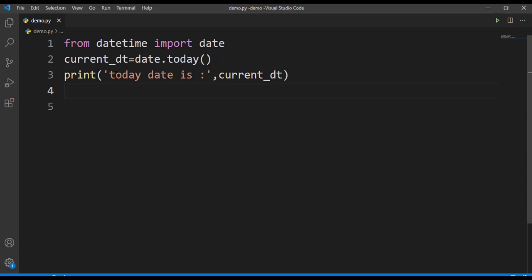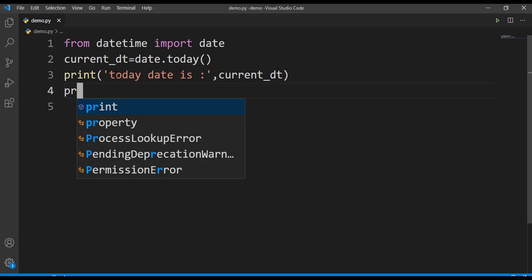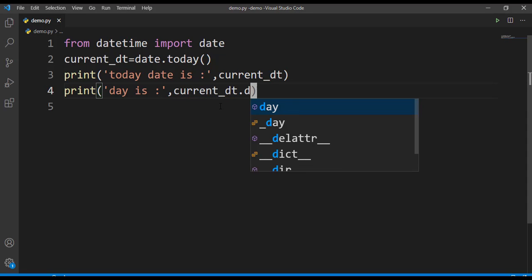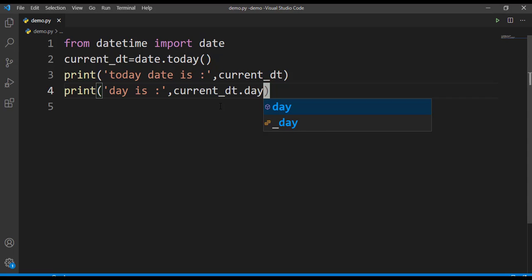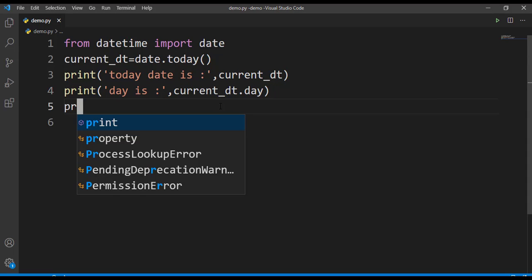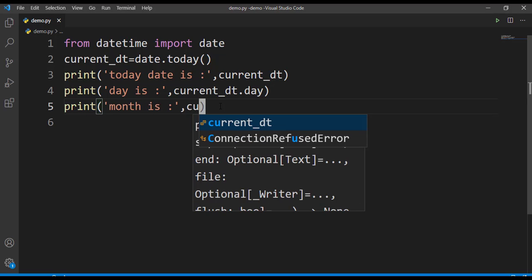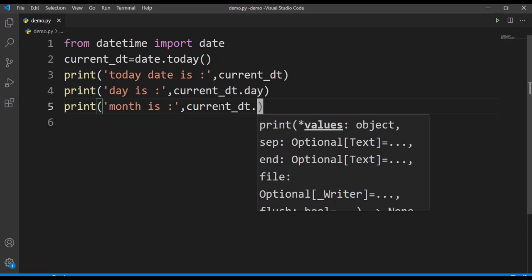We can also get individual components from this date. Let's check how we can access that. Suppose I want to print only the day: current_date.day. This is to get only the day, and I'll also print the month, so current_date.month.